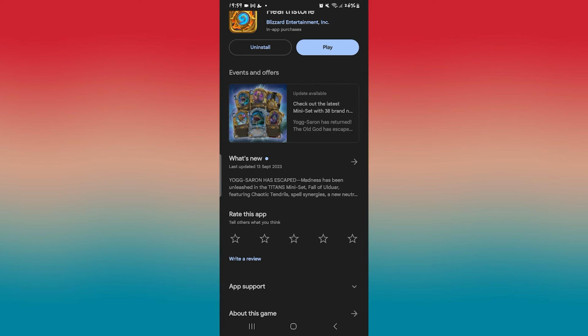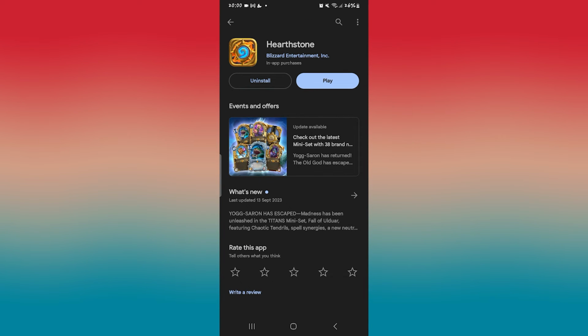Open up the iOS App Store or the Google Play Store depending on your device, and then search for the Hearthstone game. Once you find it, if you see an update button instead of play, then this means that you will need to install the latest updates for the game. Just tap on the update button and then wait until the update is completed. Once it is done and you see the play button, you can just tap on it and then the game